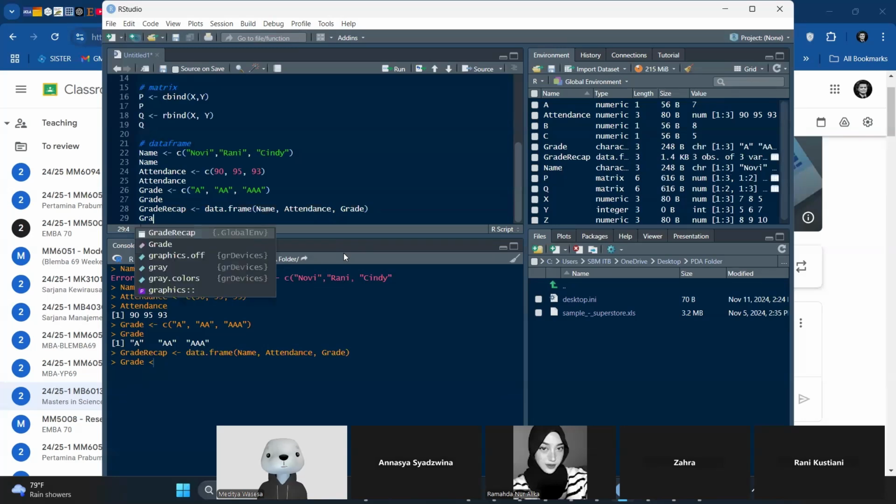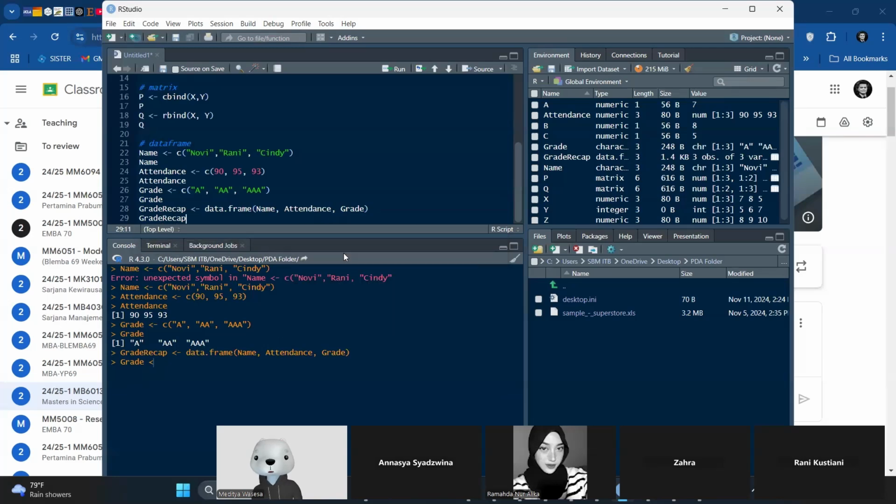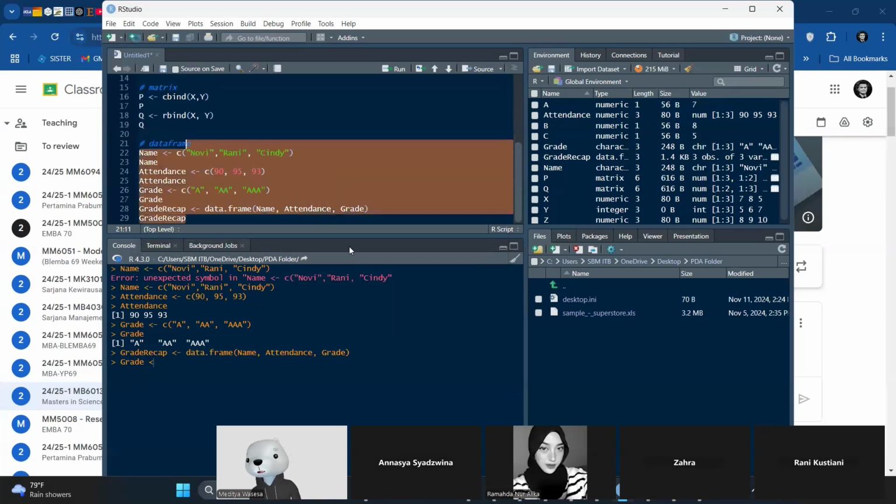You can see it. Once I define the data frame, it will appear. So it's nice. Grade recap. So I will copy paste my code to the Zoom. Very easy, right? Easy peasy.